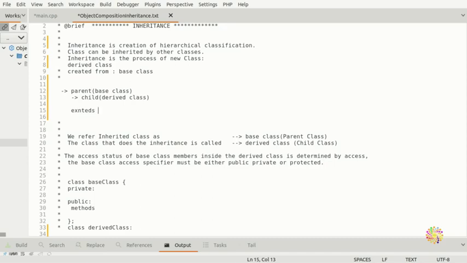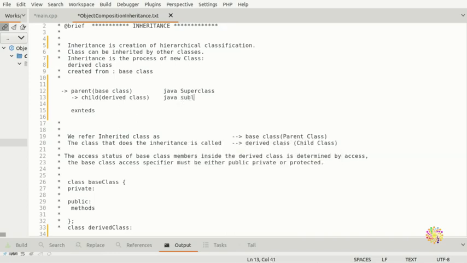Say if I am the son of the family and I'm extending that family, I'm taking that family name forward. It's the same process, but in C++ we say base class, while in Java it's called superclass, which is similar to the base class. And the derived class in Java is called the subclass.